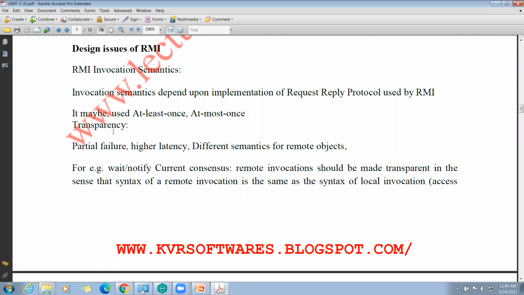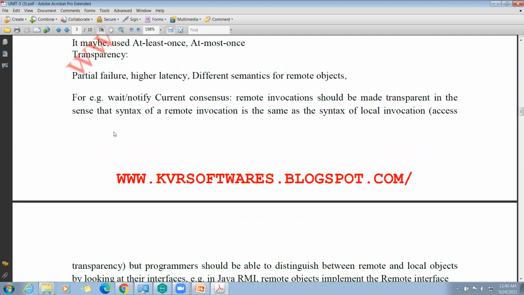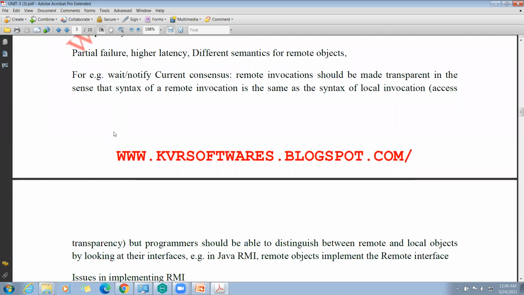Wait or notify means once we have requested an object which is running in another machine, or running in the same machine in another process, first we need to send the remote invocation. That should be transparent, in the sense that the syntax of that remote invocation is the same as the syntax of local invocation.